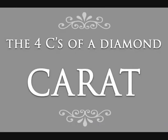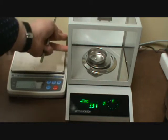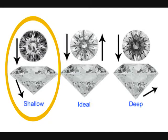The final and 4th C that we're going to talk about today is the carat weight. What happens is when we look at a diamond and we lay it on a scale, the carat of the diamond is measured out. When we look at a diamond, it kind of brings us back down to the shape of a diamond. We may have a diamond that weighs a carat, that may be very large and spread out,